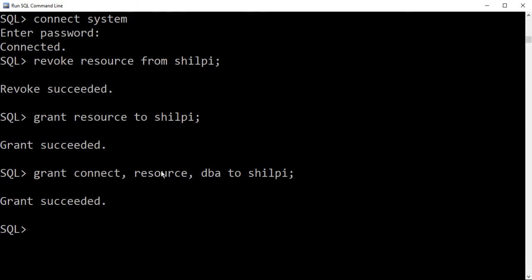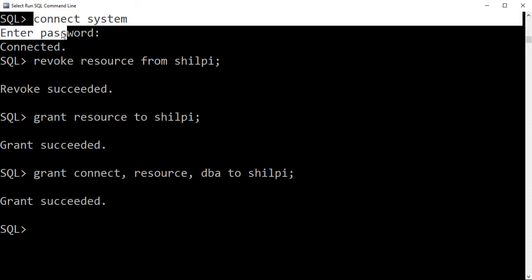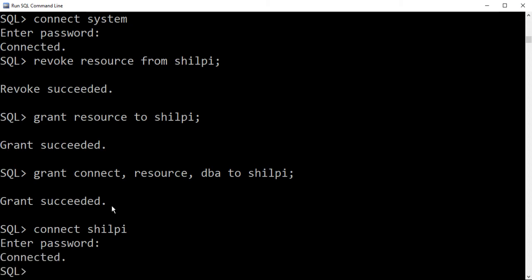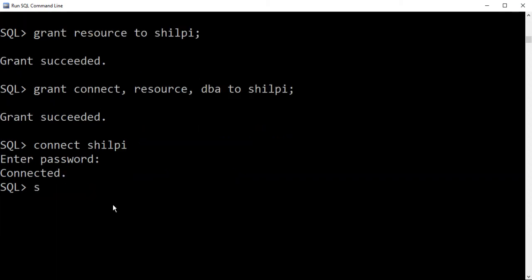Okay, notice one thing, we are connecting with the database administrator because we are connected with the system only. So now we can log in with the new user, and we can perform any action from this user.